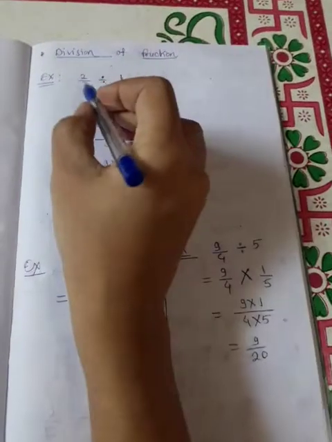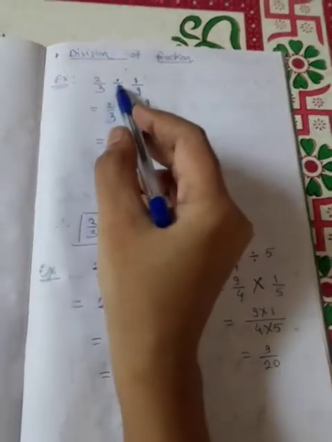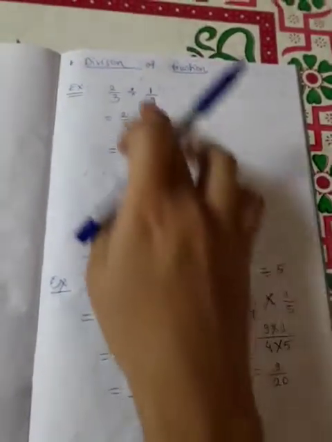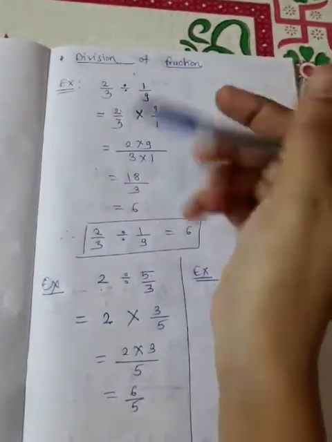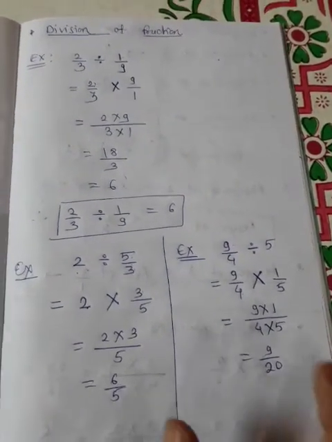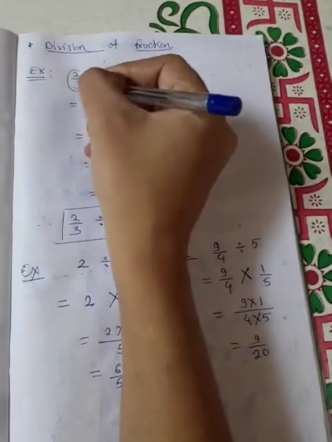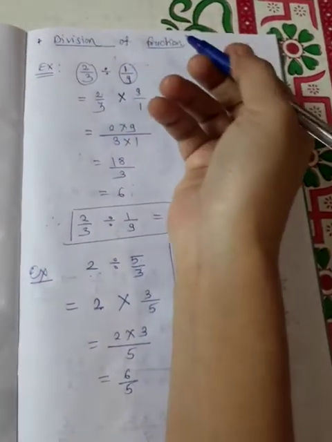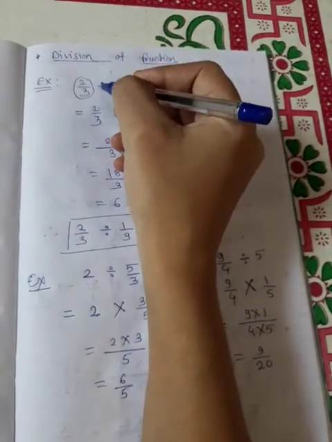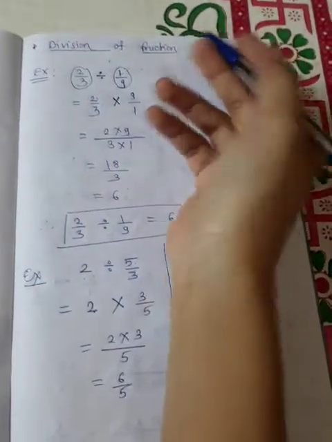So you know how to divide a fraction by a fraction, a whole number by a fraction, and a fraction by a whole number. Just write the first number as it is, change the division sign to multiplication and write the reciprocal of the next, and you know how to multiply. After that do the calculations according to multiplication. All this will be helpful in this topic, rational numbers, because see here, 2 by 3 is nothing but a rational number, 1 by 9 is nothing but a rational number. So operations on rational numbers are nothing but operations on fractions. In operations on rational numbers we will do it like operations on fractions.